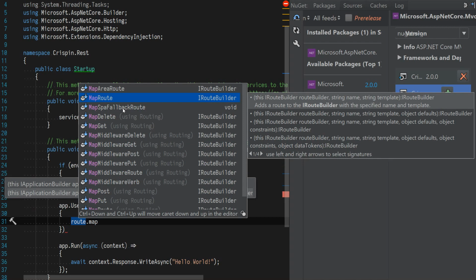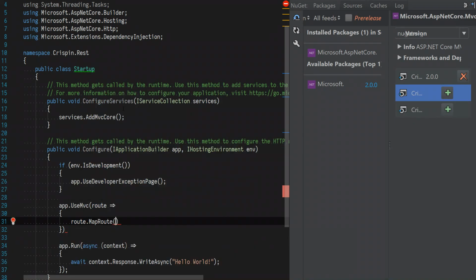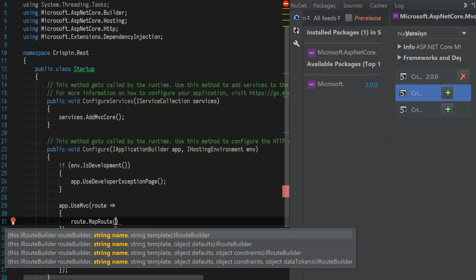Let's see, a name and a template. Let's see if I can remember the syntax for this. Name, default. Oh, that was spelled right. Template, controller / action equals